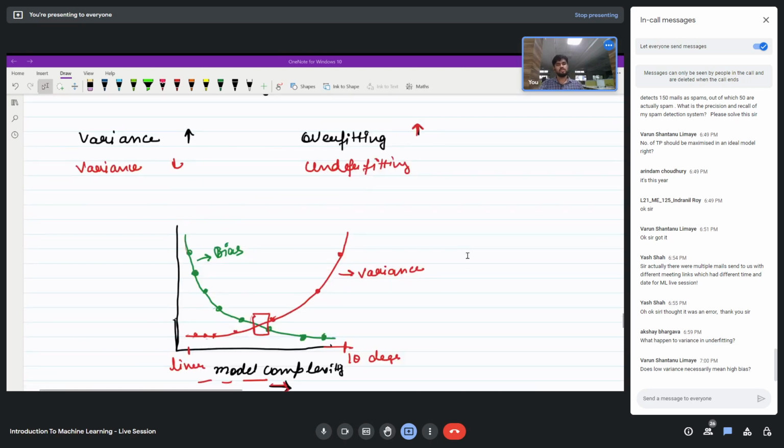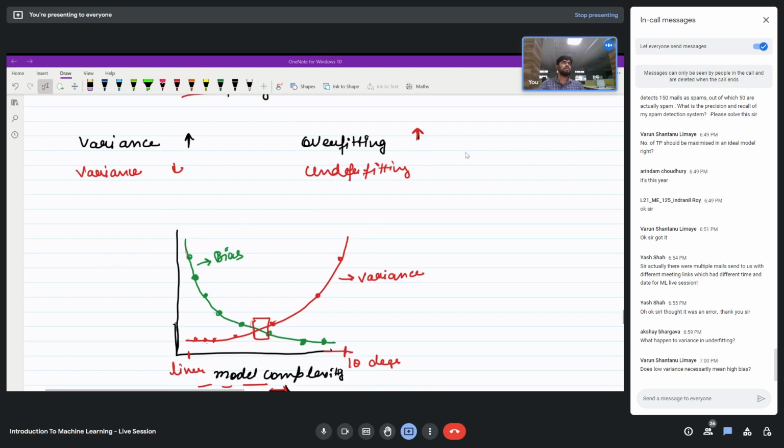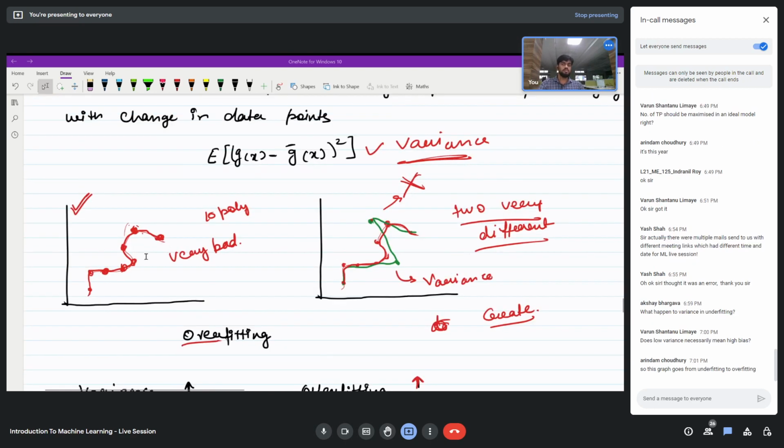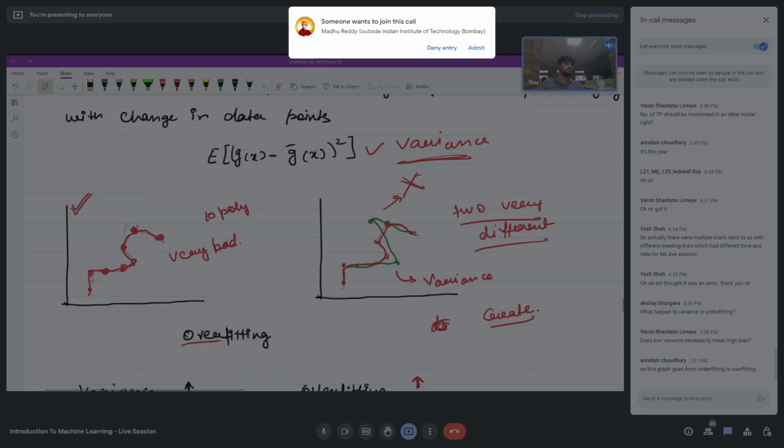Because the data points that we are dealing with are finite in a sense. So when you are very tightly bound, then your bias won't be very high because you are fitting very well to this. Next time also when you are fitting, you will be fitting very well to it. So on average,